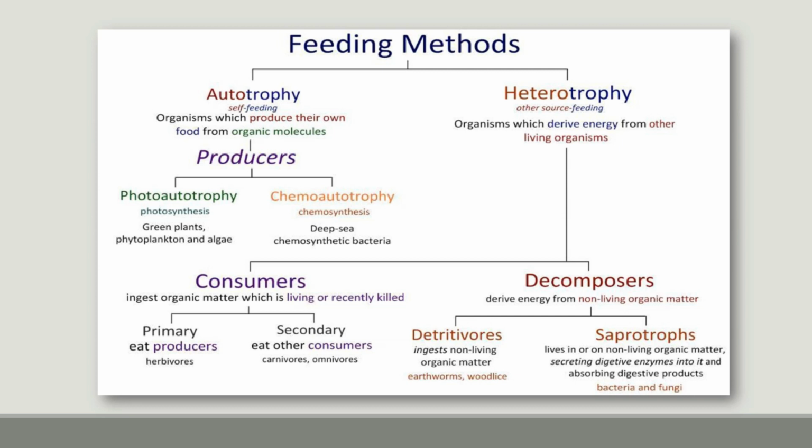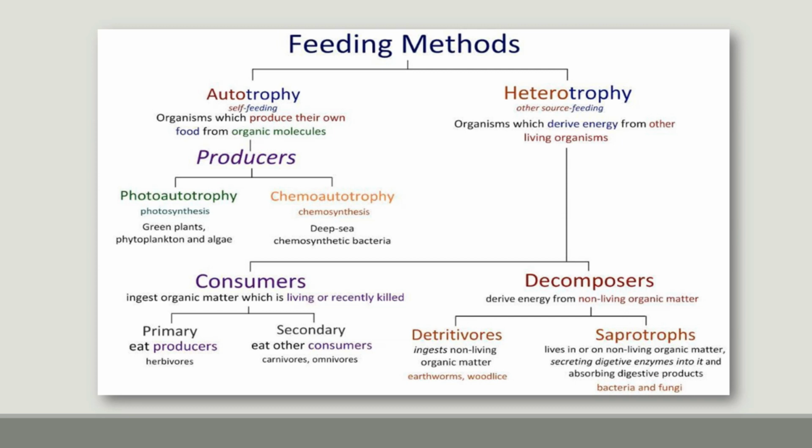Okay, now talking about the consumers and decomposers. Consumers take organic matter which is living or recently killed. They are the consumers. They are also classified in two ways: primary, which eat producers, and secondary, which eat other consumers. In primary we have herbivores, and in secondary we have carnivores and omnivores. Now talking about decomposers, they derive their energy from non-living organic matter. They are also classified into two categories. Detritivores, which ingest non-living organic matter, for example earthworms and woodlice. And second, saprotrophs, which live in or on non-living organic matter, secreting digestive enzymes into it and absorbing digestive products, for example